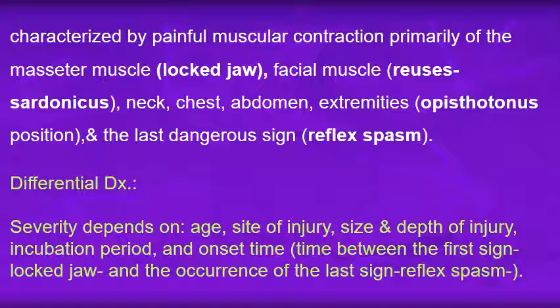Differential diagnosis, of course, according to the symptoms, starting with the locked jaw. Of course, the differential diagnosis here is dental abscess, for example, because it will cause also difficulty in movement of the jaw and locked jaw. If the contraction is in the neck, then it will cause meningism-like symptoms, contraction of the neck muscles, so it should be differentiated from meningitis. If in the chest, the spasm of the muscles of the chest should be differentiated from